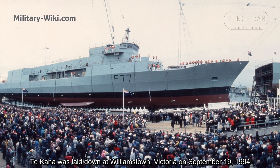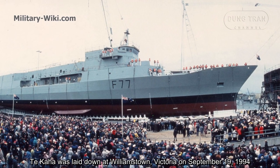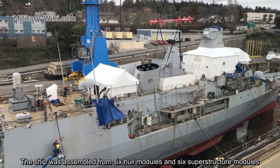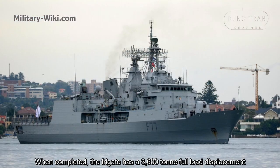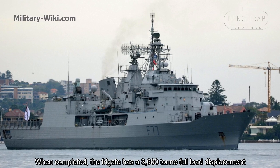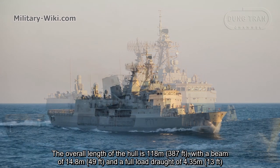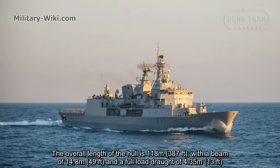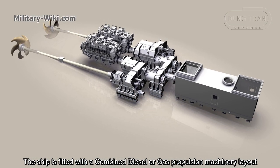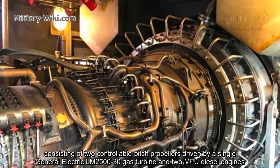Te Kaha was laid down at Williamstown, Victoria on September 19, 1994. The ship was assembled from 6 hull modules and 6 superstructure modules. When completed, the frigate has a 3,600 tons full load displacement. The overall length of the hull is 118 meters, with a beam of 14.8 meters and a full load draft of 4.35 meters. The ship is fitted with a combined diesel or gas propulsion machinery layout, consisting of 2 controllable pitch